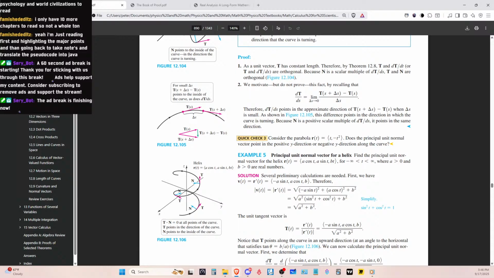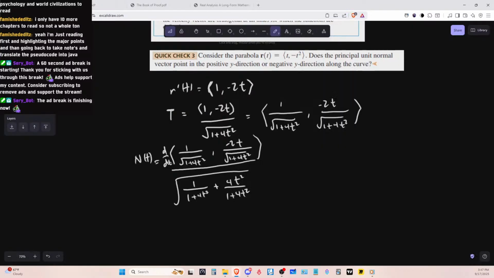So does a point, does the principal unit vector technically, if you just take the cross product of,